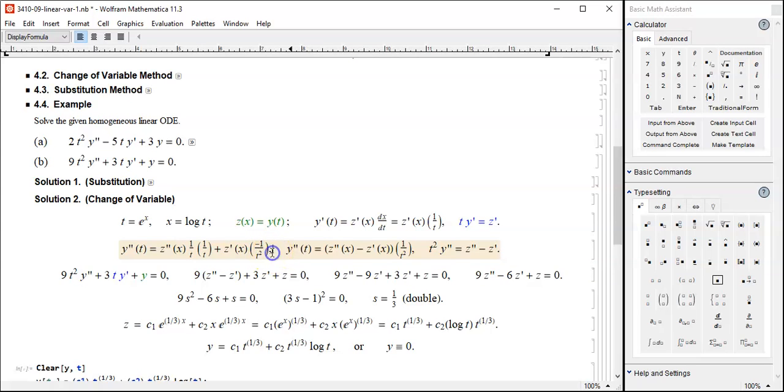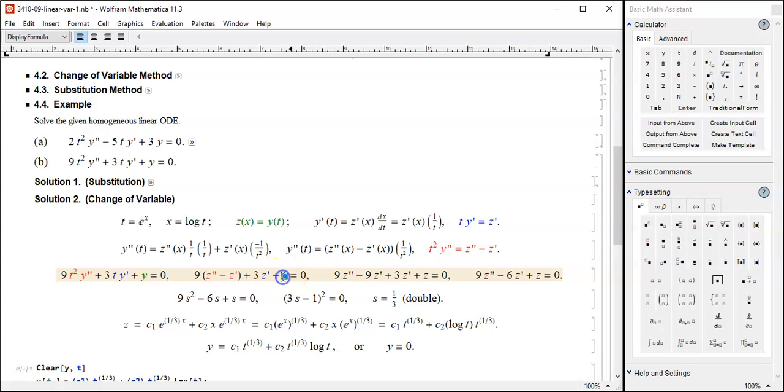Either way, you're going to get 1 over t squared. So you see 1 over t squared factored out. We have z double prime minus z prime. So we get this. And then that goes in place of that. And then if you simplify that,